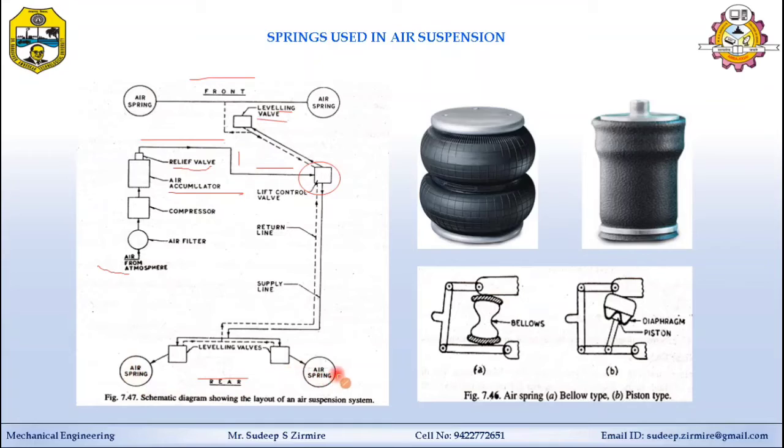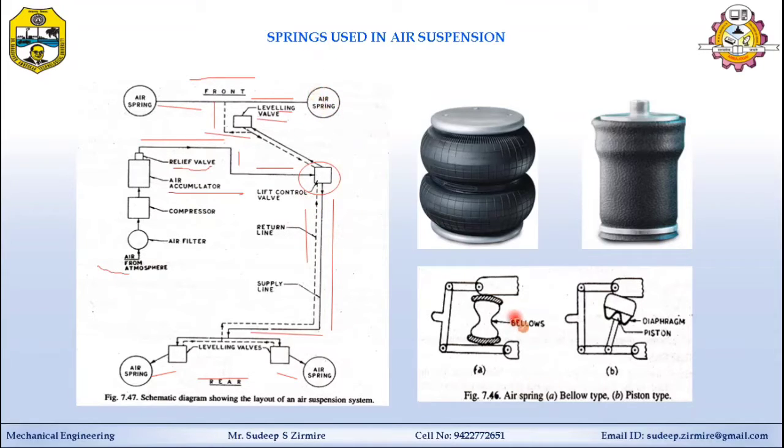So here instead of 4 coil springs, it is totally replaced with these air springs. So under this line, air pressure is maintained in this spring here, and same for the rear side. One is the supply line, another one is the return line. This goes separately to the rear side. This figure is showing the separate leveling valve for each wheel or each suspension system. Here the common leveling valve is for the front two air springs. It depends on the requirement of the design.